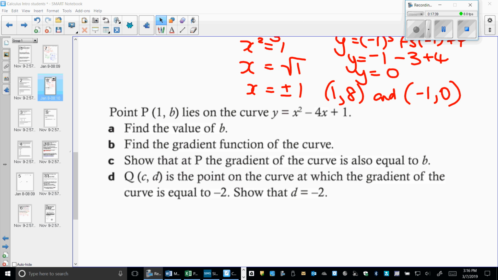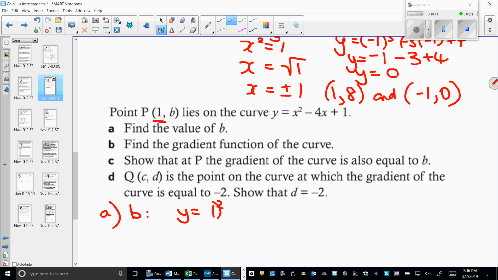Point P is the coordinate 1, comma B. So we don't know the B value, but we do know the x value is 1. It lies on the curve to the left. Find the value of B. How are we going to do this? We put the 1 in the x. So all we're going to do, we know that this is the x value. We have a rule to find y, so we're going to substitute it. So B would be y equals 1 squared plus